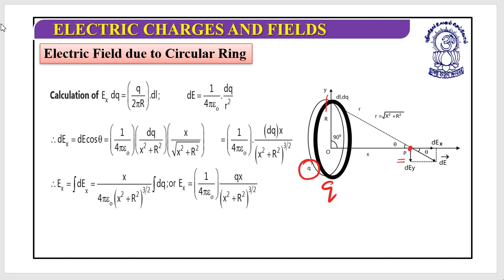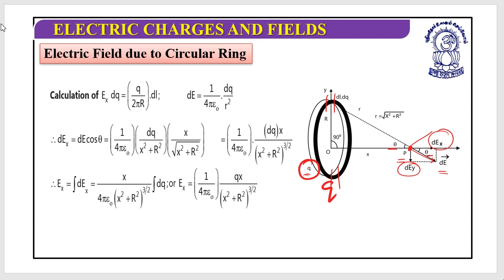If I assume a very small segment here, this is the positively charged ring. For the positive charges, the electric field will be radially outward. This is the component of dE. If I make this angle theta, the first component is dEx, and the second component is dEy. In the same way, if I take one segment here,